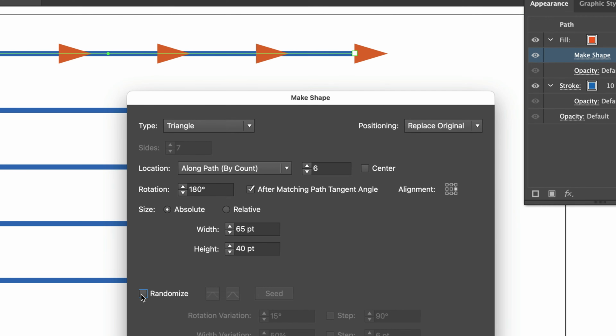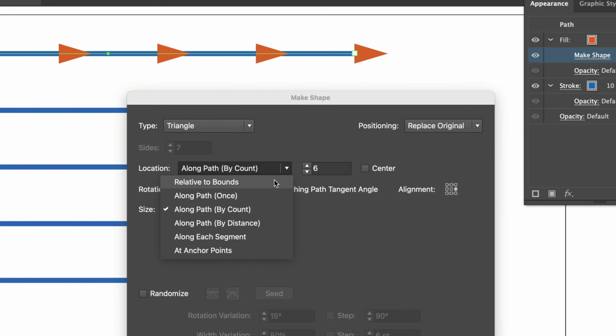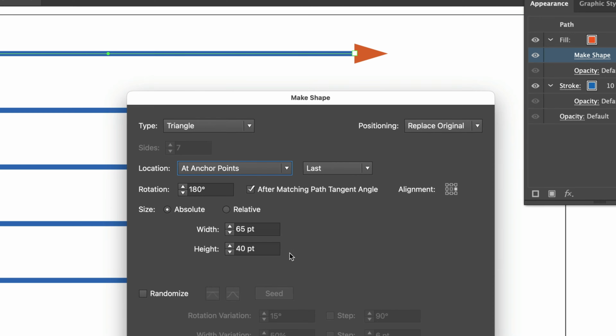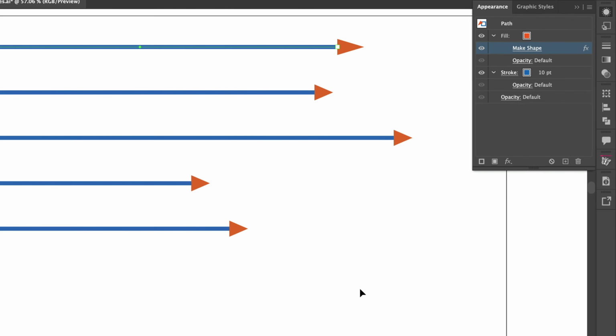So there are many ways to customize this, and you definitely want to explore these settings. I'm resetting this to At Anchor Points and the last anchor point with the center right block in the 9 block, and then I'll click OK. Now that I've made a change, this arrowhead is a different size than the others, so I'll save this as